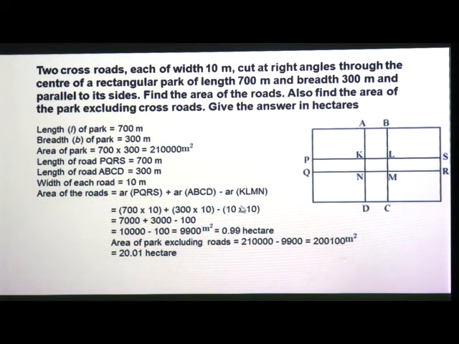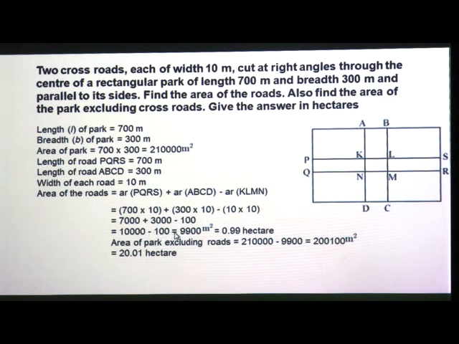Now, we will solve this step. 700 multiplied by 10 is 7000. Everyone, you can use the magic of 0, it will be easier. Plus 300 multiplied by 10 is 3000, minus 10 into 10 is 100. Why are we subtracting? Because both the roads cross and meet here, that should be subtracted. So, the addition of 7,000 and 3,000 is 10,000, minus 100